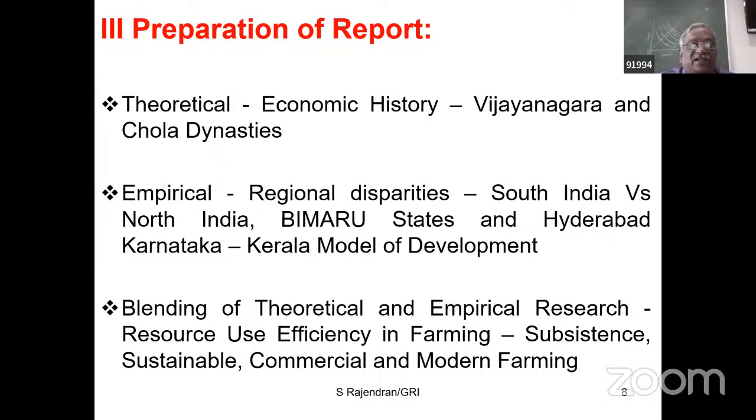Invariably, we all claim that the South Indian states are performing fairly well in the development indicators like vital statistics as compared to North India for various reasons, including the BIMAR status of some states due to the excessive population growth. And ultimately, we have come to a stage where the unique Kerala model of development is the only solution,